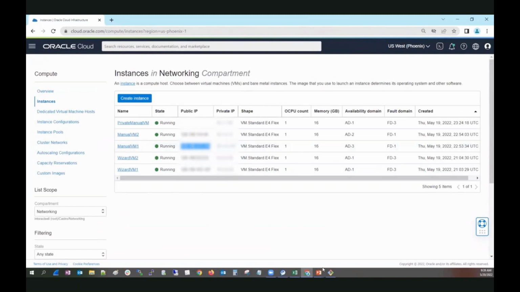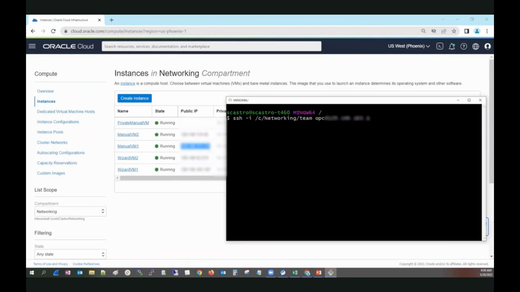Copy, open my, and the address, and there we are. So now let's go ahead and ping our compute instances' private IPs at the other end. So let's ping